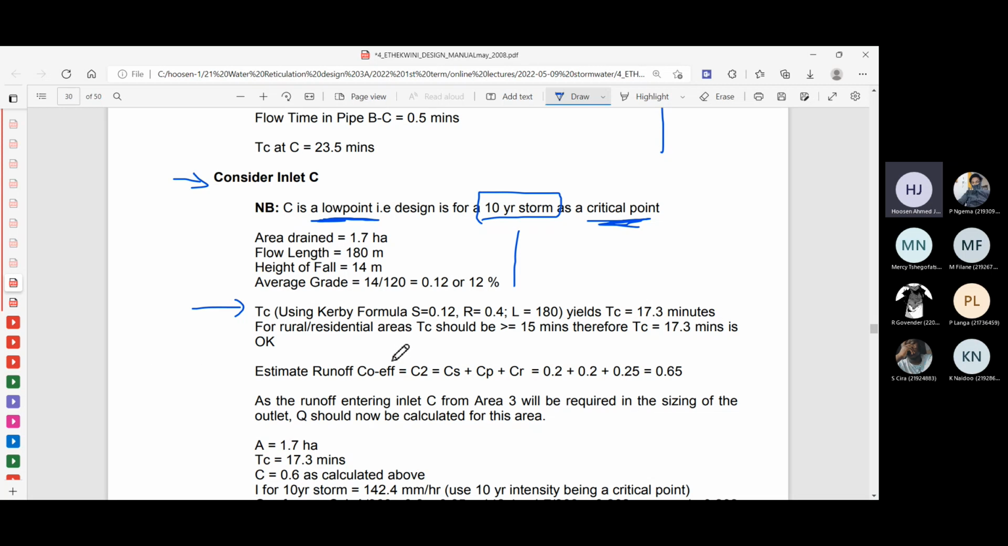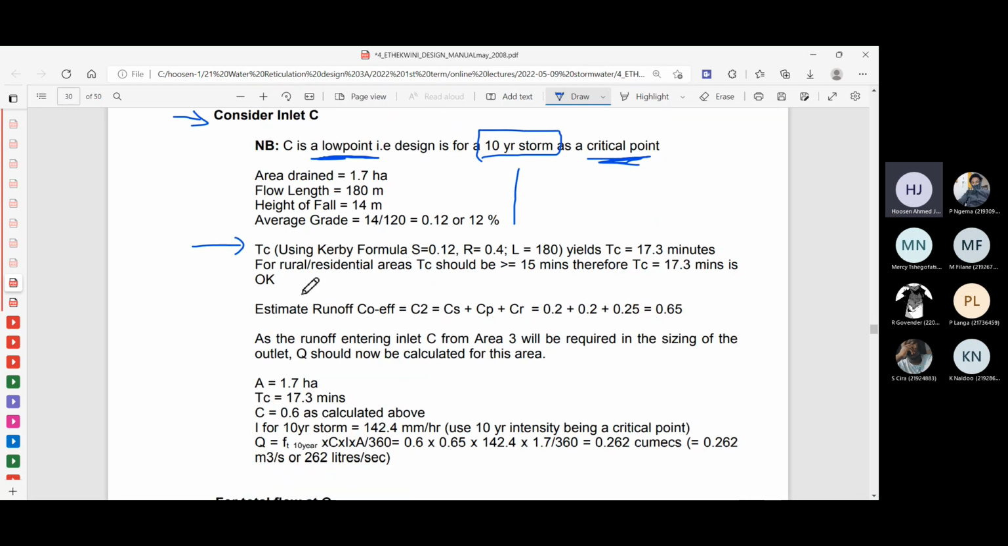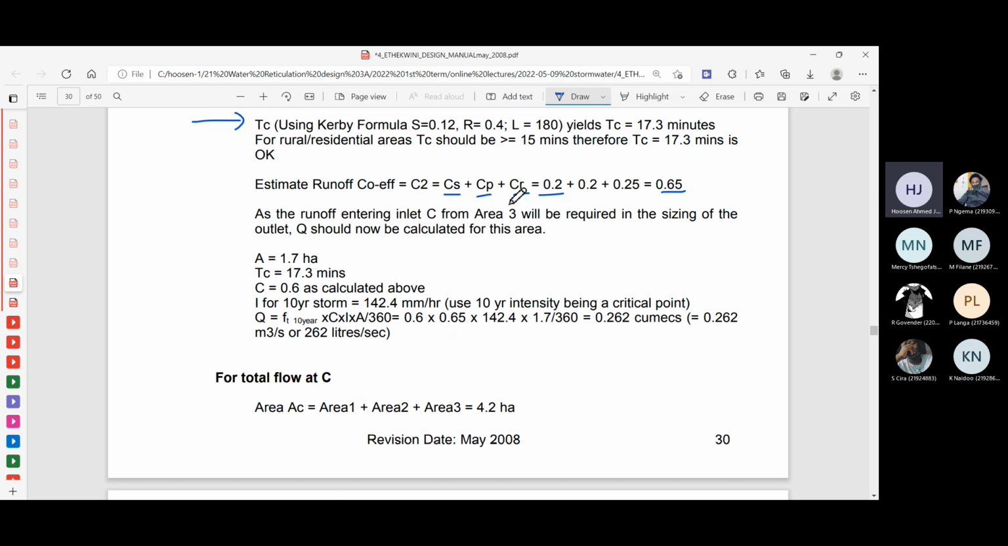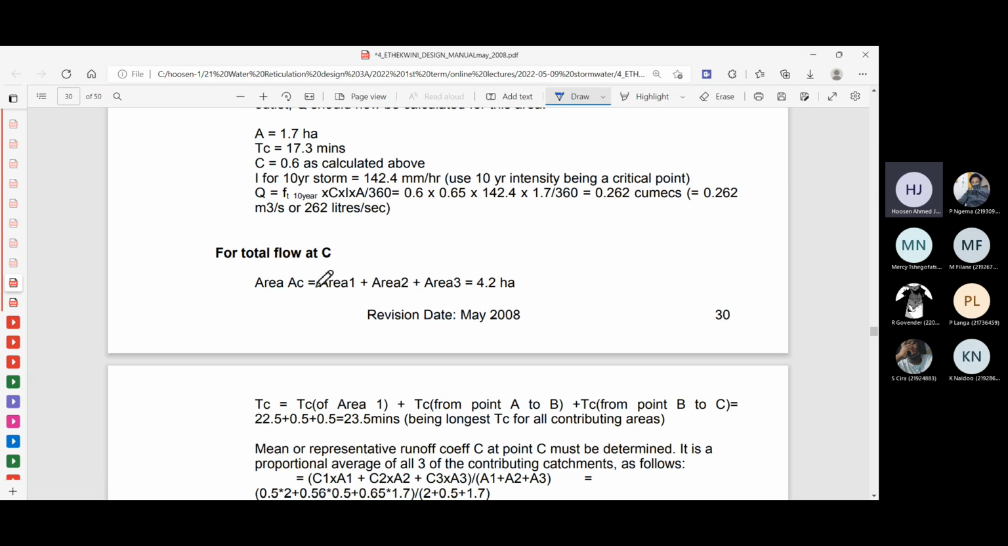We then need to estimate the runoff coefficient for catchment 3, and we do that similarly to how we have done for catchment 2. We just get the appropriate values for these. The CP and the CR values will still be the same as the previous catchments. It's the CS, the one for the slope, because now we're at 12%, so we just need the appropriate value for that, and we will then get a runoff coefficient of 0.65. We will obviously again take a weighted average for the final runoff coefficient, and you'll see that for the flow at C, in the total flow at C,